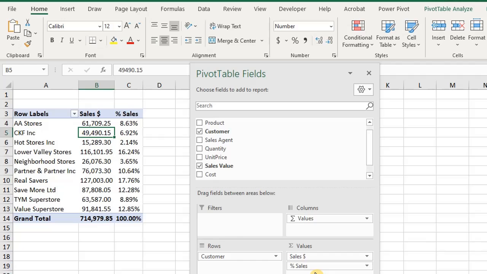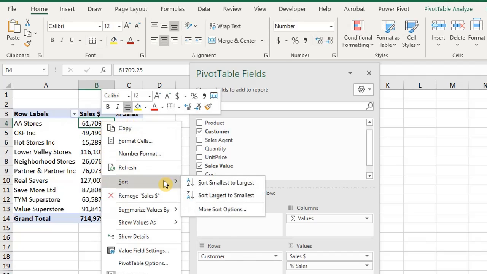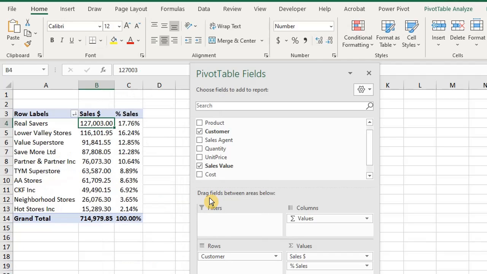To sort the numbers, right click and select the sort options. Other options are available here. Let's sort largest to smallest so we can know who the top customers are. There you go. If you want to display the top 5 customers, for example, you have to filter the values